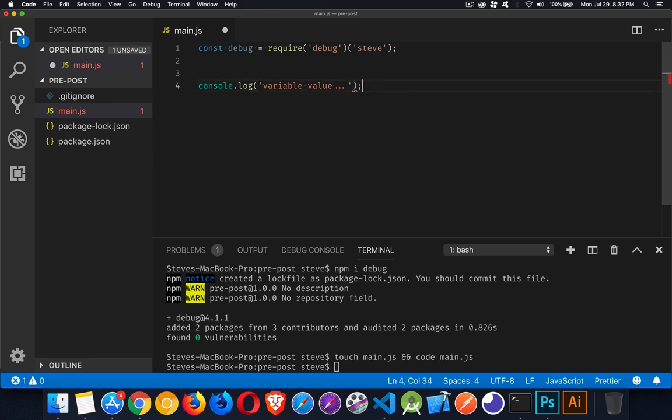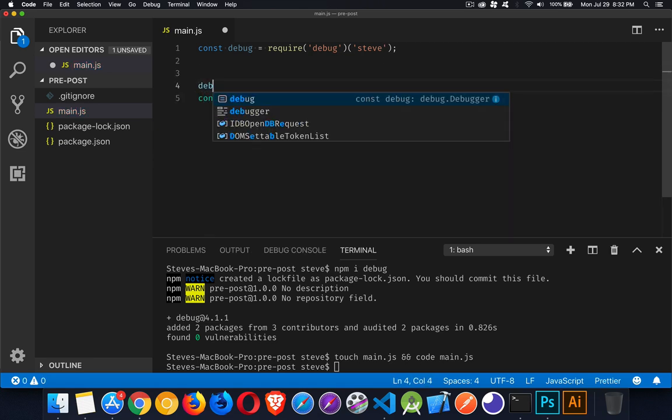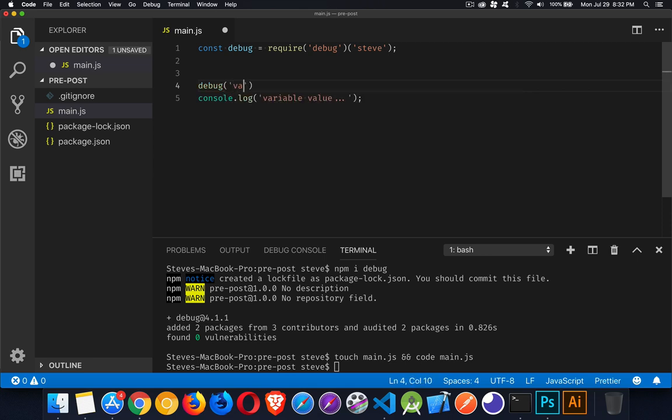see that it appears sometimes and other times it doesn't. Whenever I want to write out a message, this is going to work the same way as console.log. There we go, just so we have something written. Now what's going to happen when I run this, console.log is always going to appear, but the debug statements are going to console.log, but only if we tell it that, hey, we're in debug mode. We're going to create an environmental variable called debug and assign the value that we put right here. And if it's got that value set up when we run node,